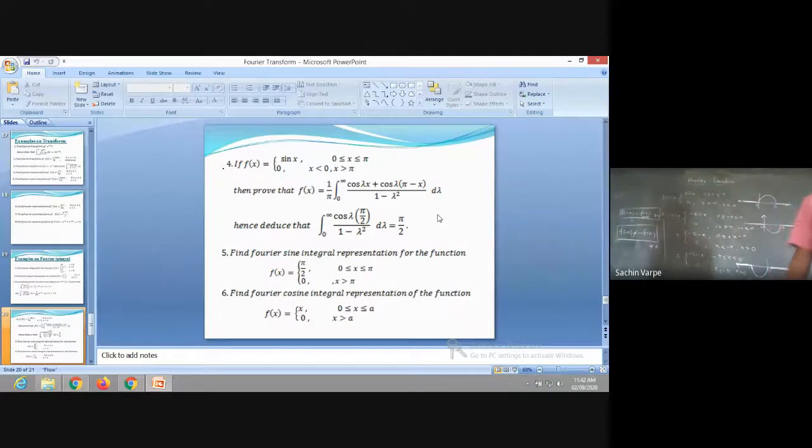Whether to find sine or cosine or the normal? What do you think? Any one of you? Since the function is neither even nor odd, you can write this explanation: we will start with the standard general formula of the Fourier integral and its transform. What is the formula then? What is the standard general formula of the Fourier transform?